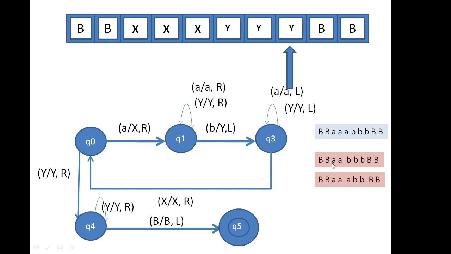Now I'm expecting an A, but I didn't get an A. Or I could have expected a Y, but I didn't get a Y either. So this goes into a rejection state. Always remember, for PDA and Turing machine, you only make the states that are acceptable. For non-acceptable states, we don't draw anything. So any string that reaches an unacceptable state will automatically be rejected because there's no state to transit to.